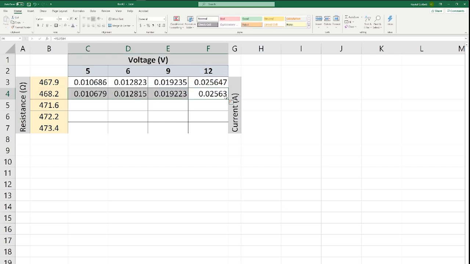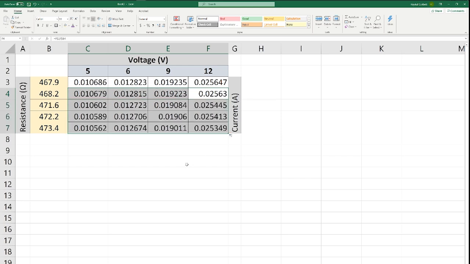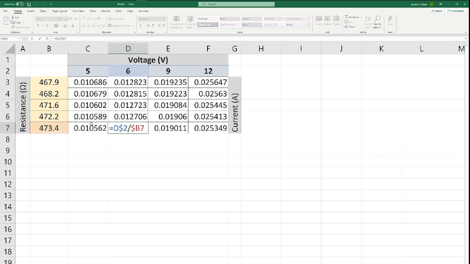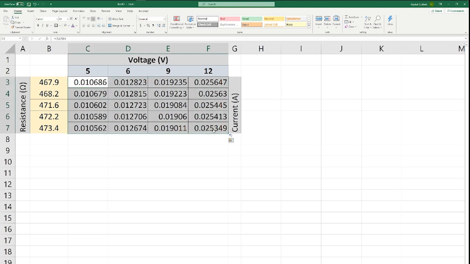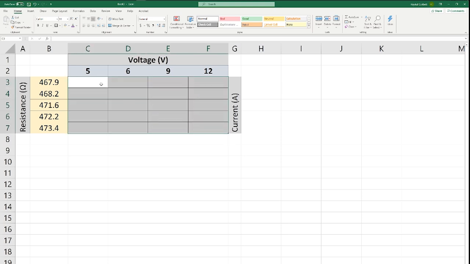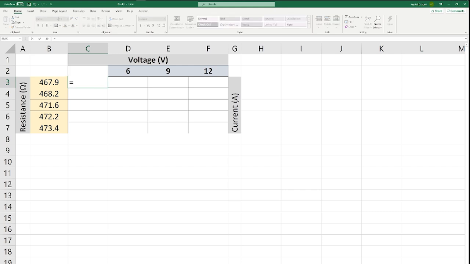So now I can take this formula and just drag it right down, and I know that I'm doing my calculations appropriately. I can click in and just double check. 6 divided by 473.4, 9 divided by 472.2. So the thing that I want you to notice here, and I'm going to rewrite this formula in one cell and just show you, is that I can lock in my row and